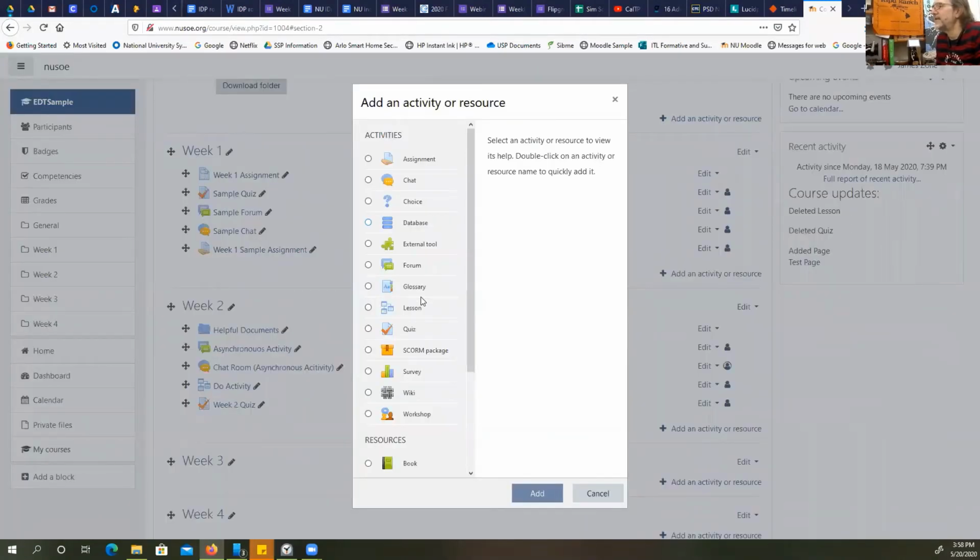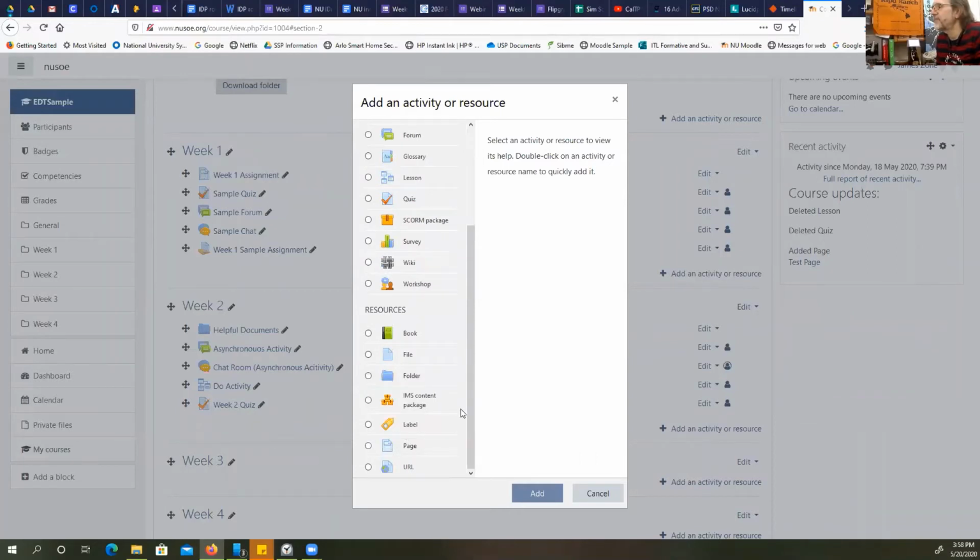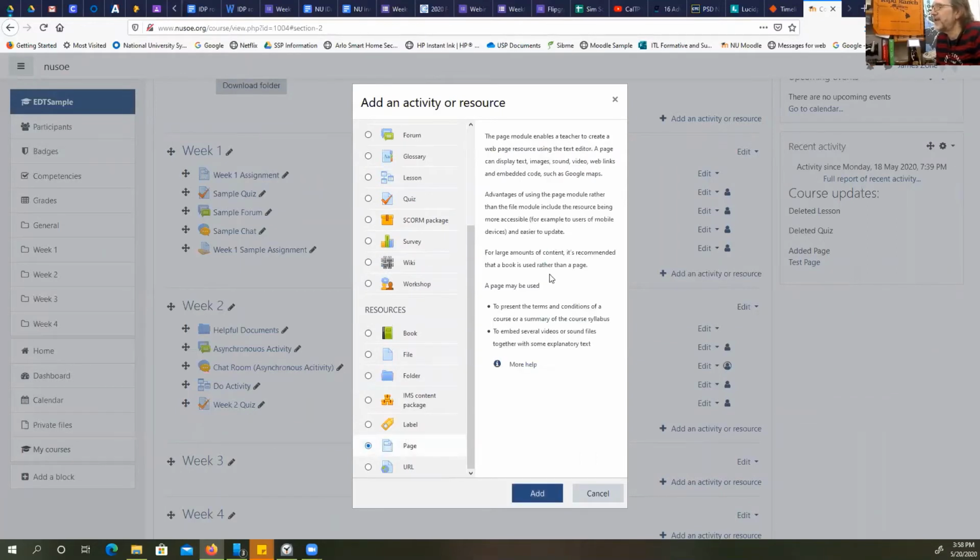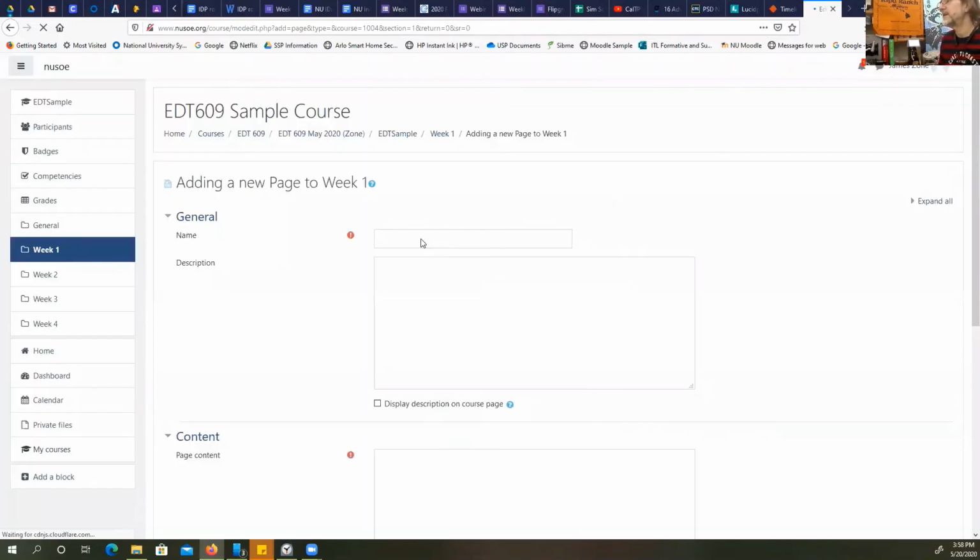I'm just going to add a plain old page. There's a description there you might want to look at. Just check it out, see what it says. But I'm going to skip that for right now. And once I add a page, it's going to ask me for a name. So I'm just going to say,